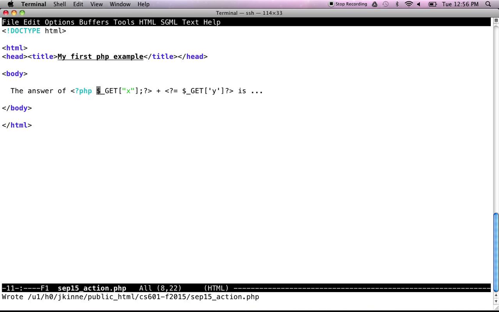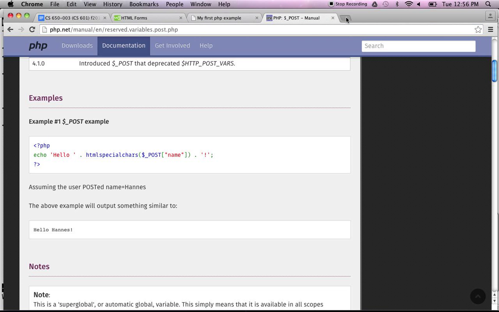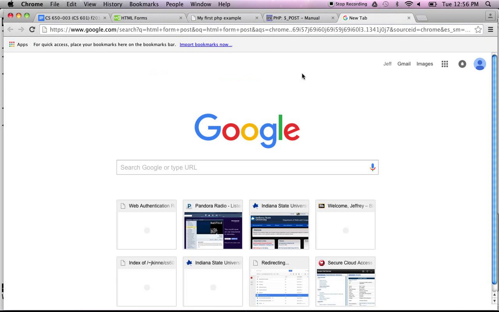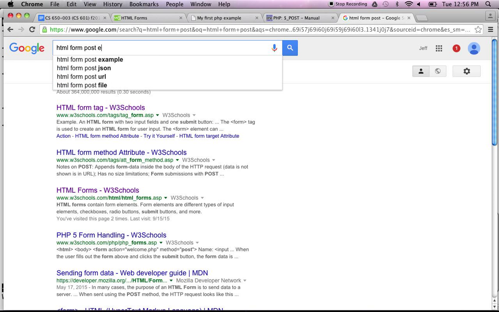There's two ways that a form can send information. One is on these parameters like this, and that's kind of nice to the user because they can see what's going on. Let's do an HTML form post example.